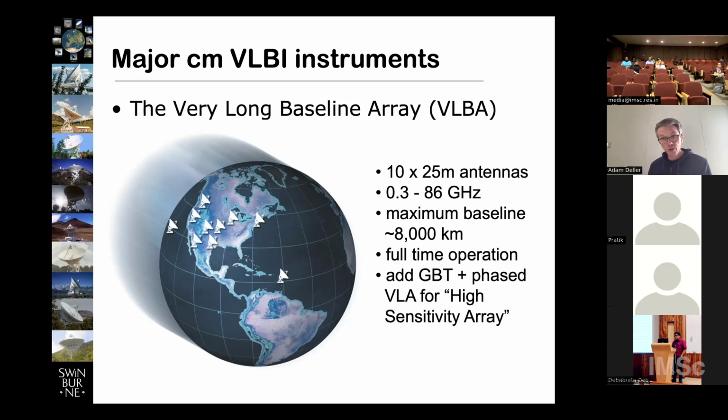By virtue of operating 24/7, it gives the opportunity to both study large samples of sources, because you can get more time than on a lot of the other facilities I'll talk about in a second, but also to observe when you need to, because as I'll come to in a little bit, when we're doing astrometric work, there's generally specific times of the year that we might want to observe. And lastly, it's also possible to add the Green Bank Telescope and the phased VLA, sadly not Arecibo anymore, to the 10 dishes of the VLBA to form what's called the High Sensitivity Array. That has much less observing time available, but through the addition of those big dishes gives you more sensitivity.